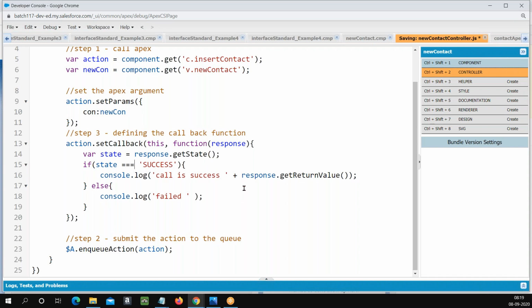Okay, really surprised to see this. What happened? Actions of